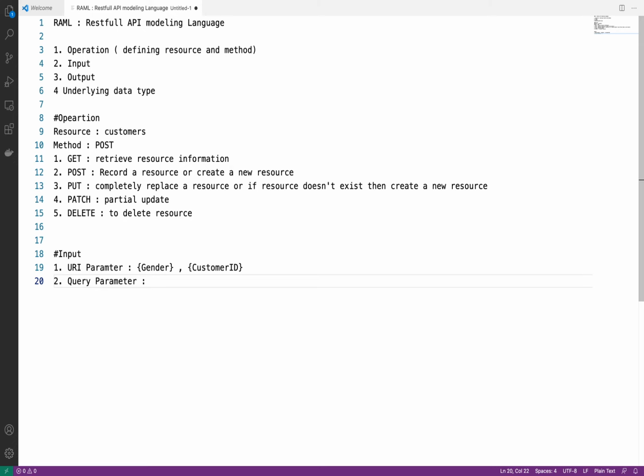Inside a query parameter. So we use query parameter for filter conditions, and URI parameter we use for nested resource. Here, what can we pass in a query parameter?